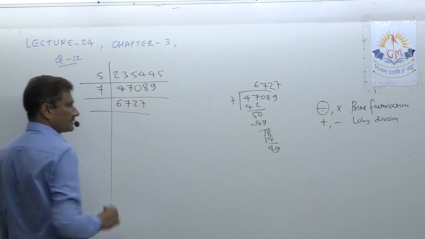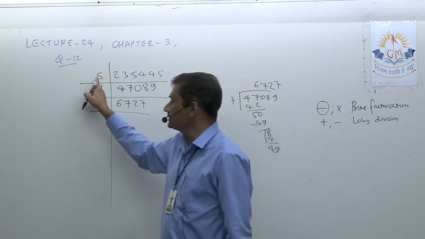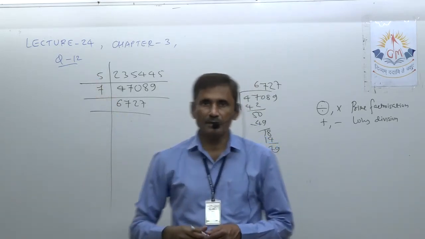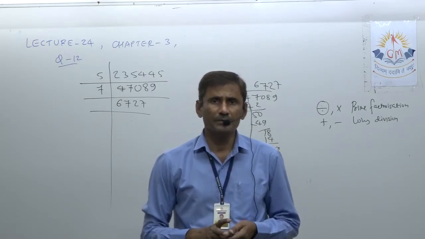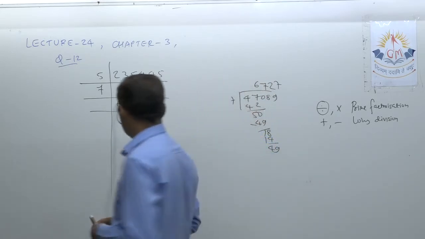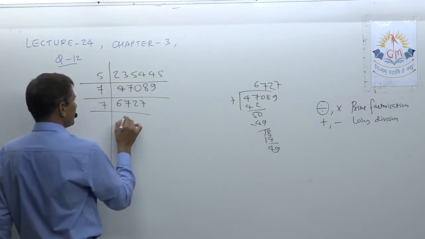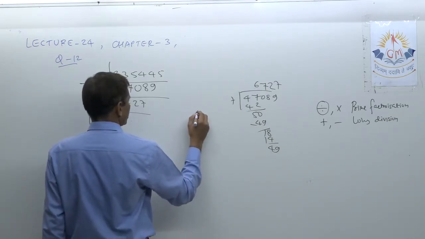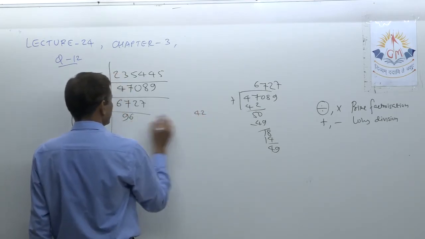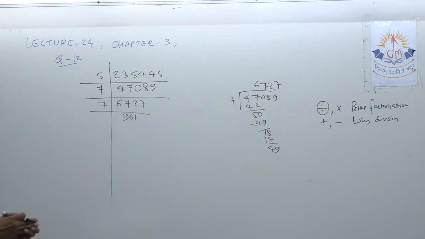Now let's try 7 again because it might be repeating. And 5 comes one time, so we may predict that 5 should be single, and at last we should remove 5 here. So now it may be again divisible by 7. 7 9s are 63. Okay, so 7 minus 3, 4 left, 7 6s are 42, and 7 1s are 7.